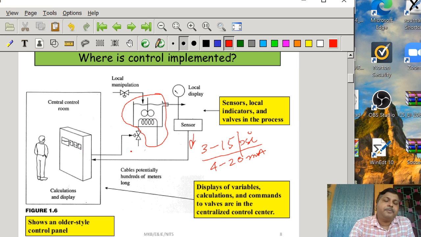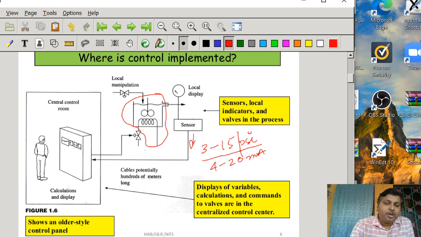and that signal again has to be transmitted to the field. At the beginning that was a pneumatic signal, 3 to 15 psi, or 4 to 20 milliampere when the pneumatic system was replaced by electrical signals. Now this signal has to be executed by the final control element, to have the desired value. So this was the entire scheme of